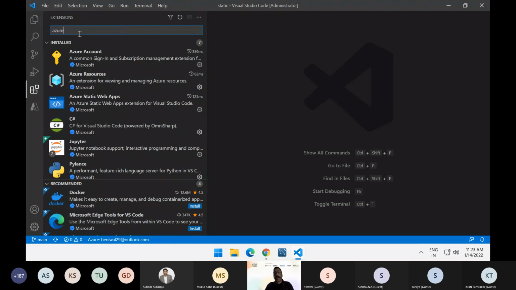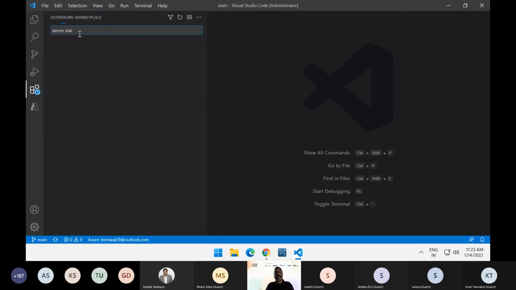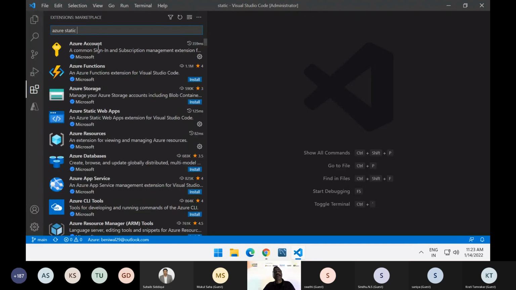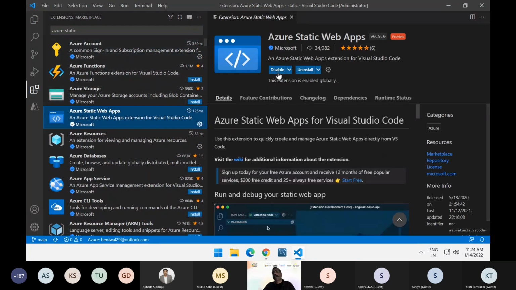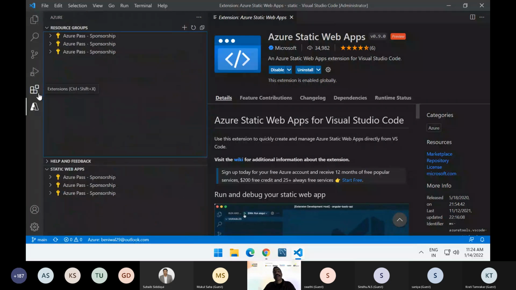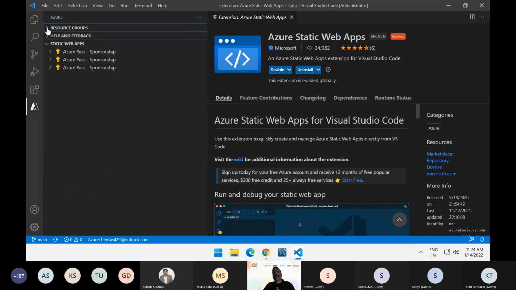So let's say I wanted an Azure static app. So if you look for a plugin for it, you will find a plugin for, let's say, static web app. You go here and say install, and practically it will get installed and this option will come. And once you have this, I will show you how easy it is to create a new static web app